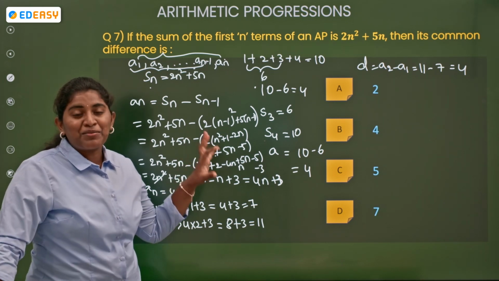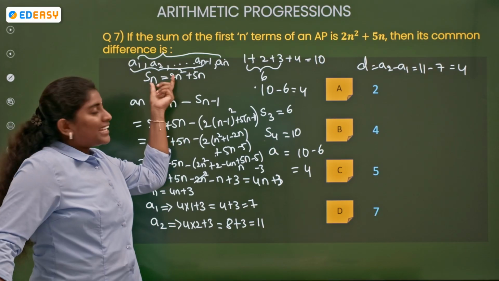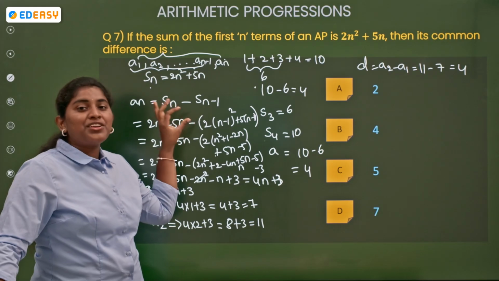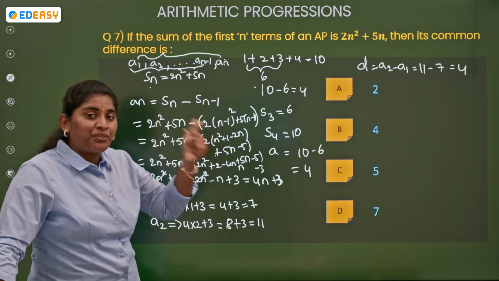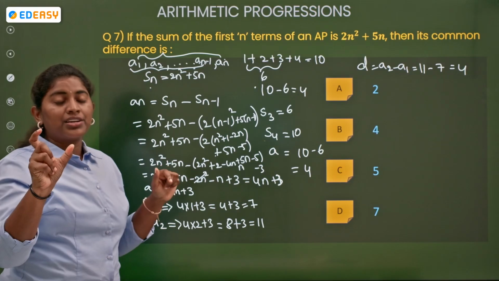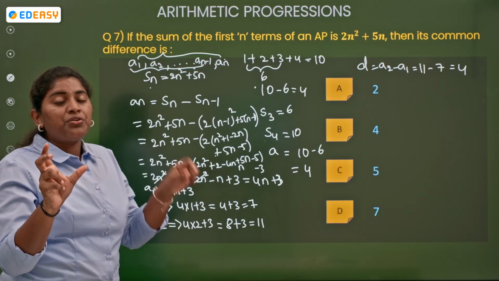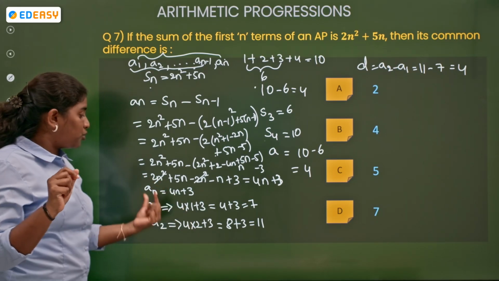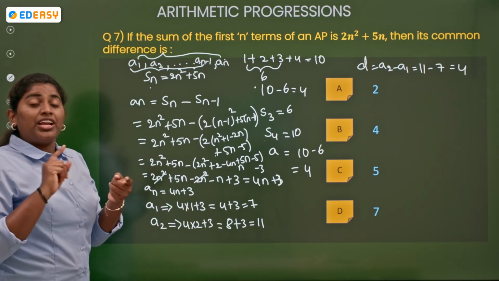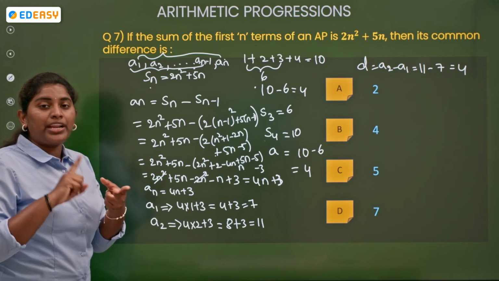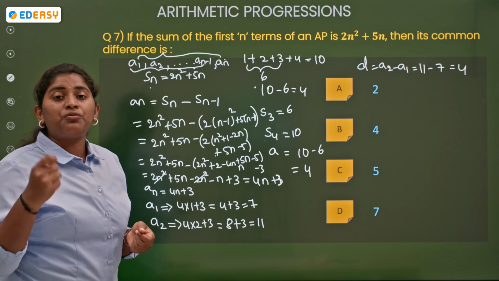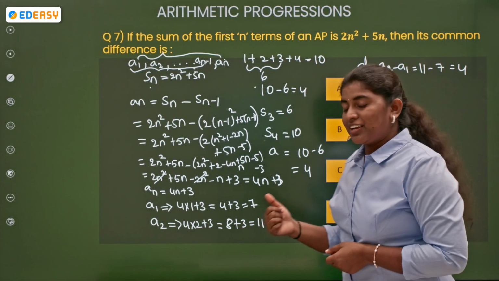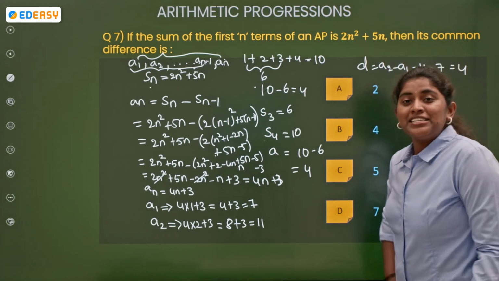See, the complete problem is for that only. First of all, we will be taking the Sn, whatever Sn value they gave. And from the Sn, we are going to subtract the Sn minus 1, so that you will be getting the an. Now, in the place of n, if you keep 1, you will be getting the a1 value, and if you keep 2, then you will be getting the a2 value. If you know the a1 value and a2 value, it will be easy for us to find the common difference. For that reason, we are finding the an value. Clear about this?